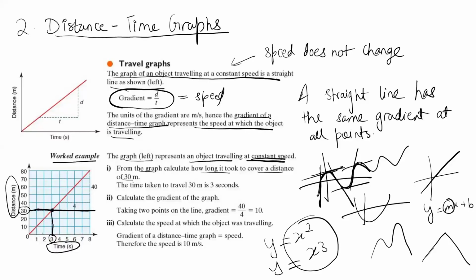So what this is basically doing is, this graph is going to reach 30 meters at some time, and we don't know what time that is. We want to figure out that time, right? We want to figure out at what time we reach 30 meters. For that, what do we do? Okay, we see